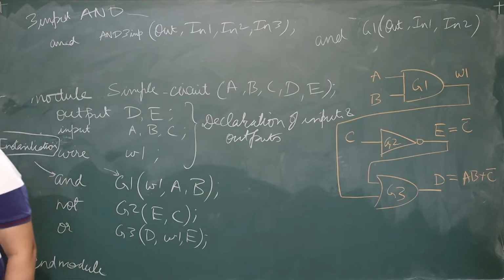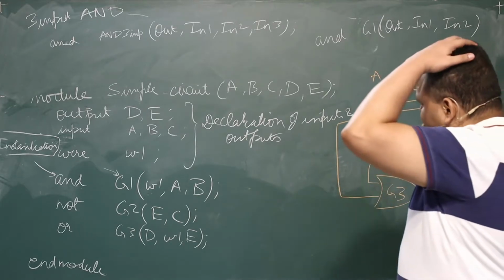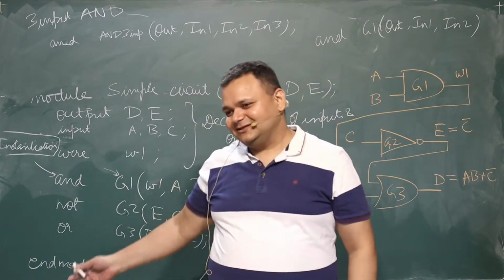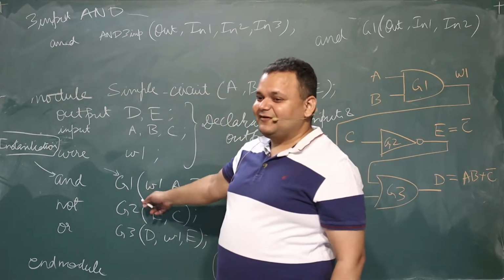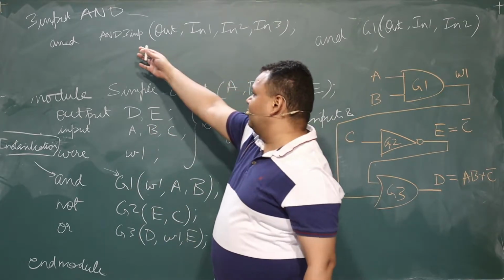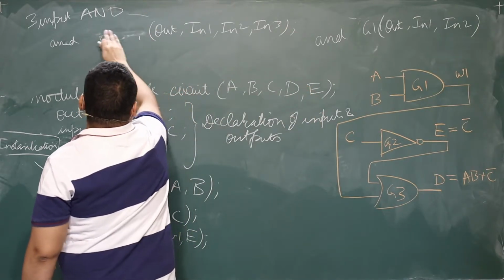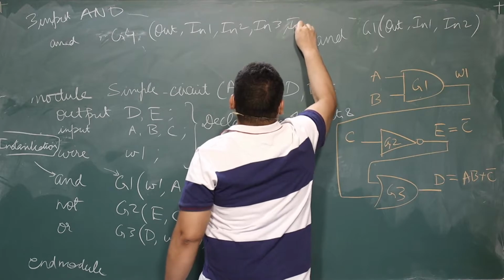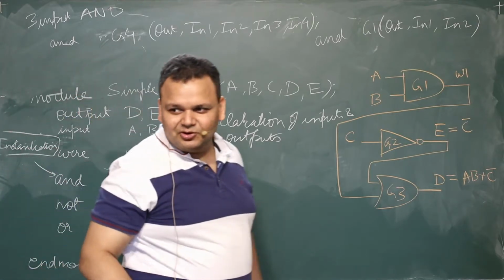Is that all right, Praful? Yes, sir. So that is one primary reason for the output being defined first. That is what I understand, maybe I am wrong, but the output is defined first because then the location of the output is always fixed, at the beginning. Then you can have multiple inputs. You can also have a 4-input AND gate, which you could call G4, with in4. That is predefined in Verilog itself. You don't have to define it again and again.